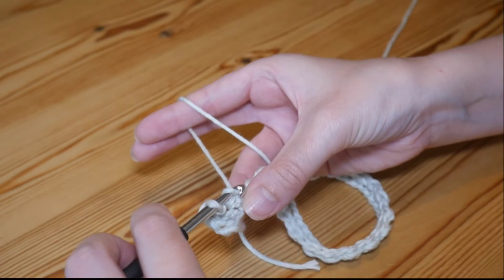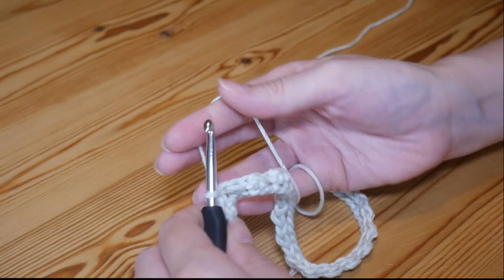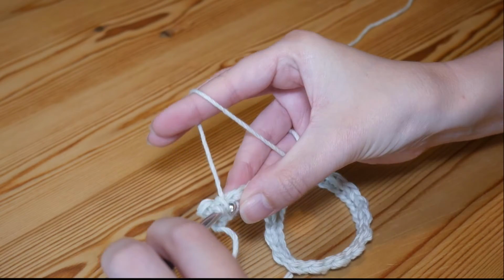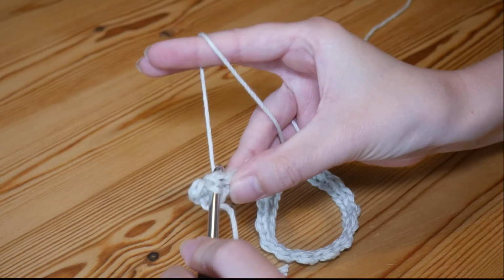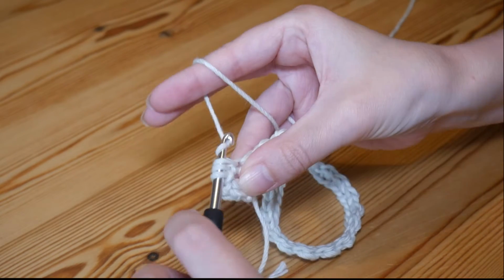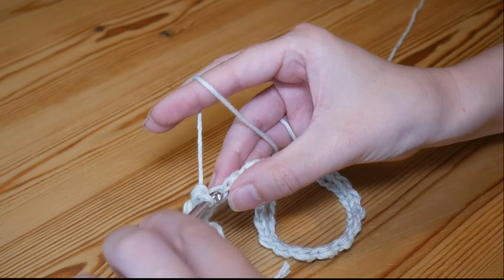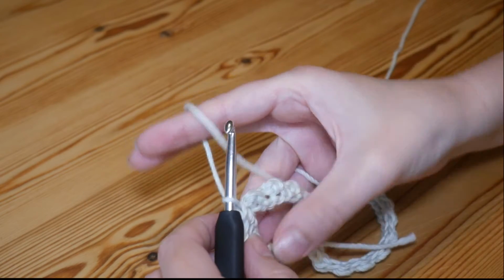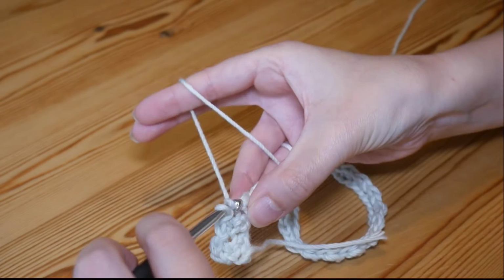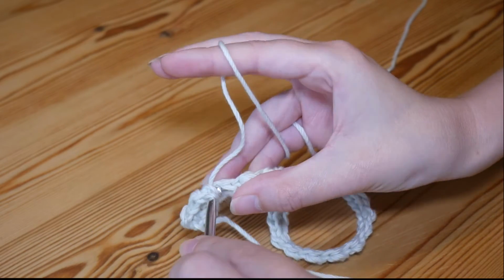And then again, half treble in the top of the slip stitch from the previous row, so they're always a little bit tighter to work, obviously, with being a slip stitch, but that is how it will make it a bit more obvious as to which stitch is which, because the half trebles where you put your slip stitch are going to be much easier to work into than the slip stitches. So half treble